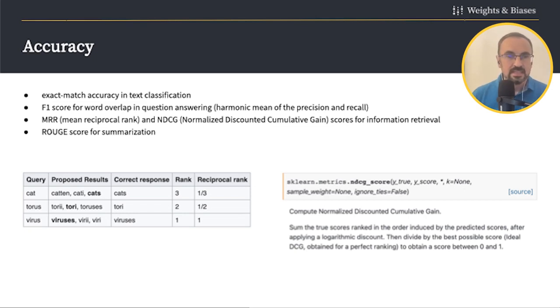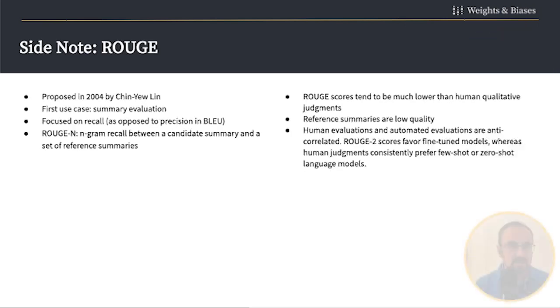And here, as a side note, specifically for summarization, the metric that has been used since 2004 is called Rouge. This metric is in a way similar to BLEU. It's a bit different because it's focused on recall versus precision. It also measures the n-gram overlap or recall between the candidate summary and a set of reference summaries. And historically, this has been a very helpful metric to progress the summarization task and the models that work on summarization. But in the era of GPT-4, where language models are really good, this metric might no longer be so relevant.